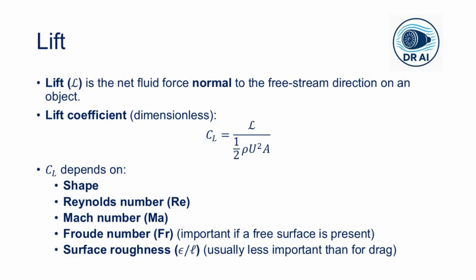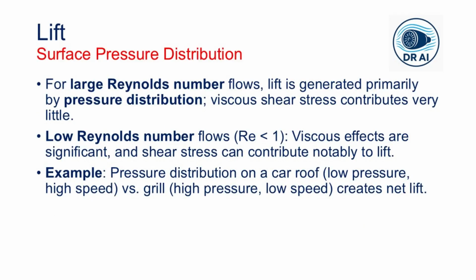For most objects operating at high Reynolds numbers, airplanes, race cars, even bird wings, the flow has a boundary layer character. Viscous effects are confined to thin boundary layers and wake regions. In these cases, the wall shear stress contributes very little to lift. The vast majority of lift comes from the surface pressure distribution. So this is the crucial point. Lift is primarily a pressure phenomenon. The shear stress, while essential for understanding the boundary layer behavior and drag, plays a minimal role in generating lift